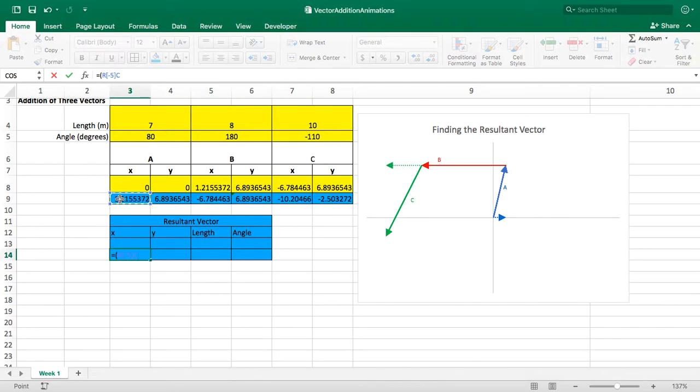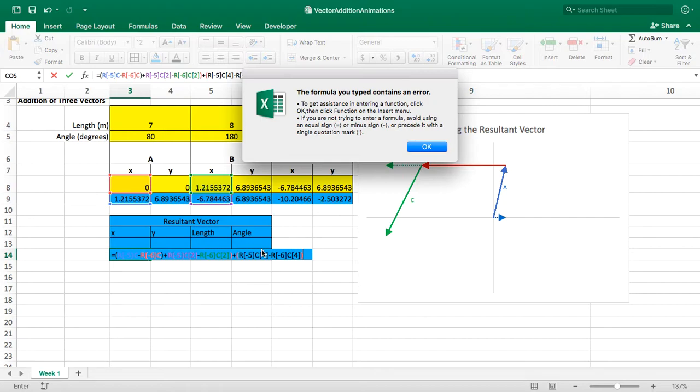So it's the final vector coordinate for vector A minus the initial vector coordinate for vector A, plus the final vector coordinate for the x coordinate for vector B minus the initial vector coordinate for vector B, plus the final, and put another bracket here, the final vector coordinate for vector C minus the initial vector coordinate for vector C. And so we have our three sums there, and if we hit enter, you'll see I have an error,